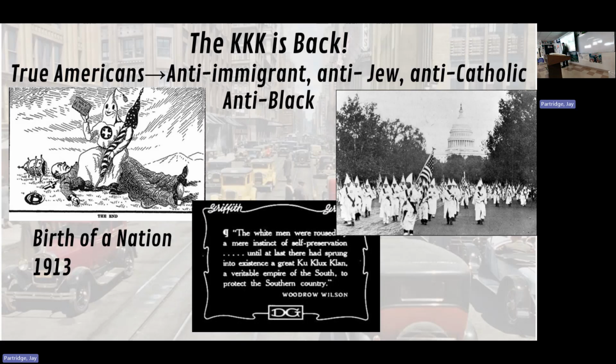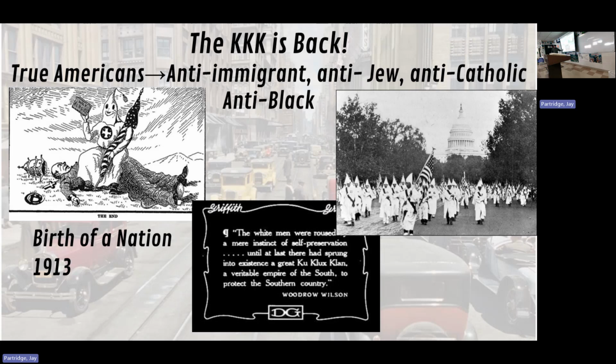Here is a Ku Klux Klan cartoon from Indiana in 1922. And see the Klansmen knocking out the Pope, literally taking out the Pope, holding the Bible. And don't forget, remember that movie, Birth of a Nation? The first real movie, the Ku Klux Klan was the hero. It was about Reconstruction, kind of invented movies, a masterpiece of movie, but also the definition of the Lost Cause, promoting Jim Crow laws.